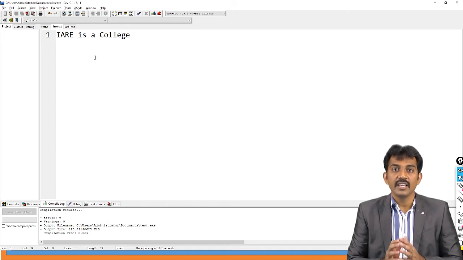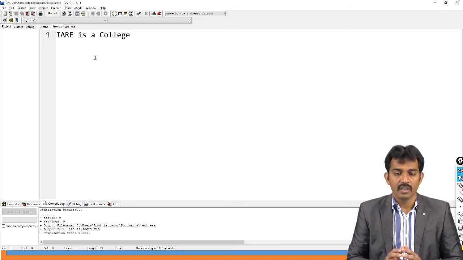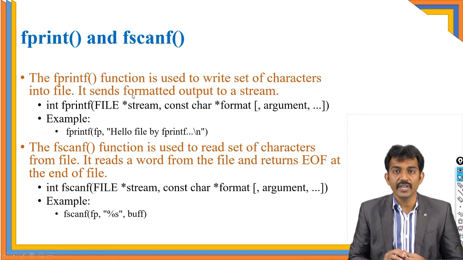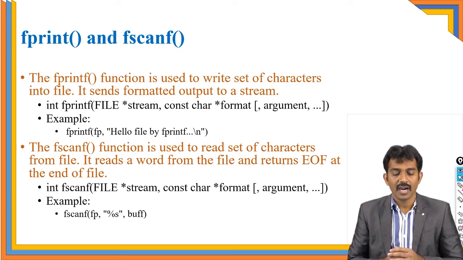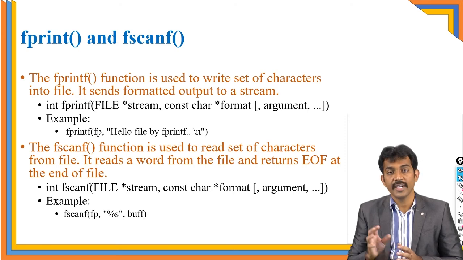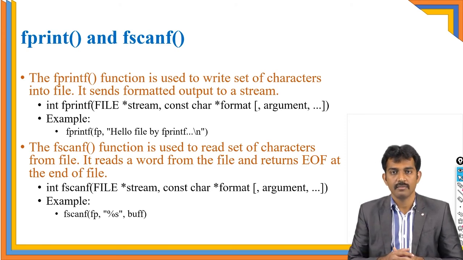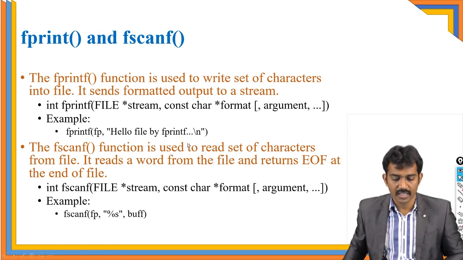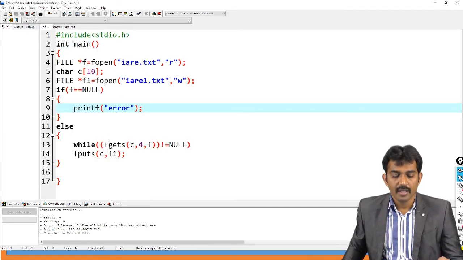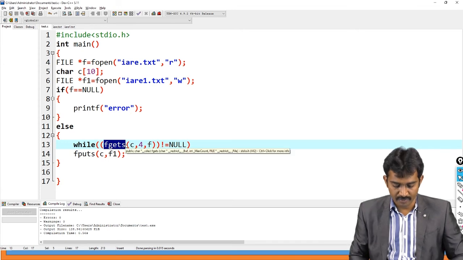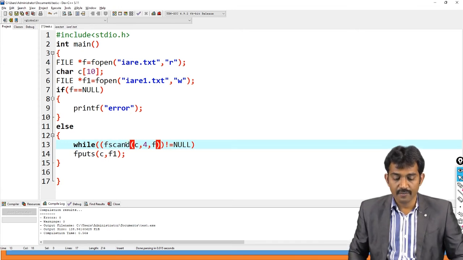Next, we'll see fprintf and fscanf. Right? fscanf is going to read data in terms of file format specifiers, like how you used printf and scanf. And fscanf also reads data from the file until you get a -1. Only fgets is going to use a null; the remaining all use -1 only. See, if you use -1, observe clearly here. For example, instead of fgets, you just use fscanf.